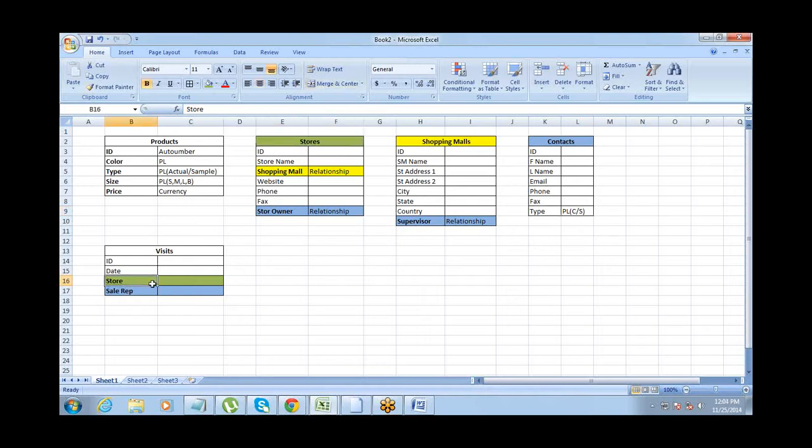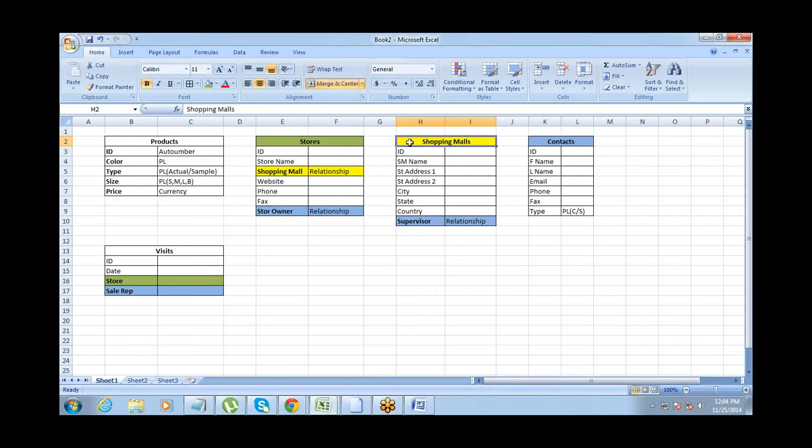We'll get into this relationship a little later. That store and visit, what is this? This is again a one-to-many relationship, right? For a one-to-many relationship, which is the most common type, there is a parent and a child. Whenever there is a relationship between two objects, one of them is the parent and one is the child. The one which has one record is the parent; the ones which have many records connected to the single record are the child. Like for shopping mall and store, which is parent, which is child?